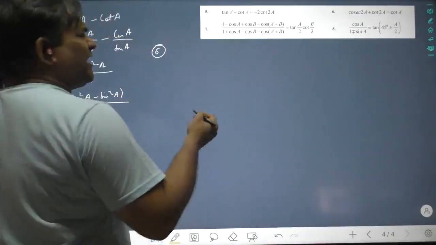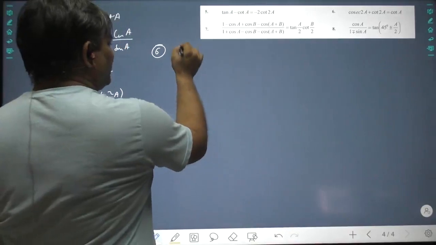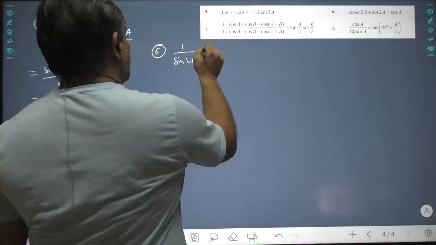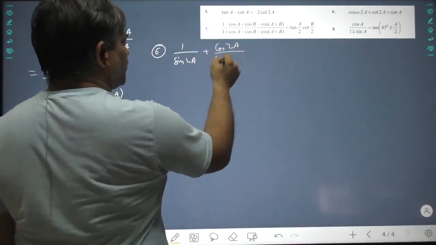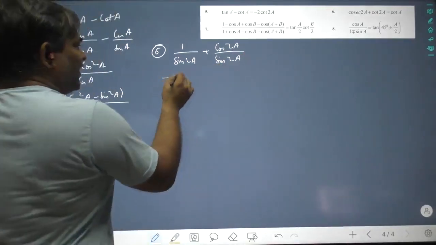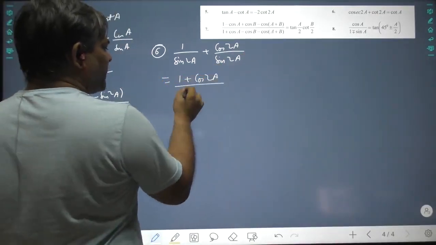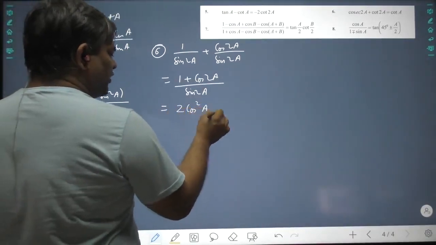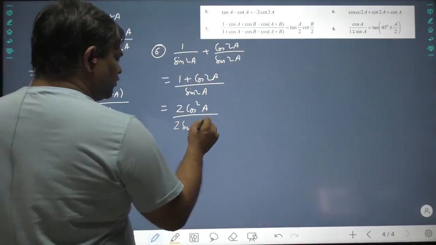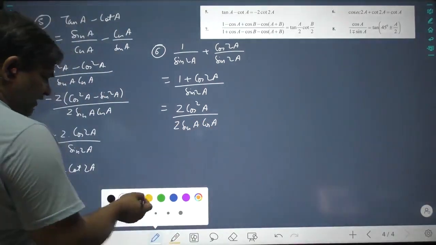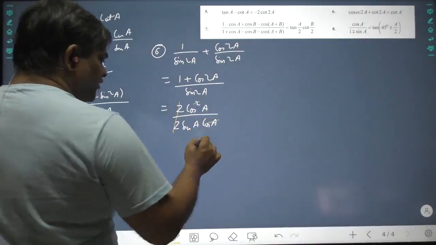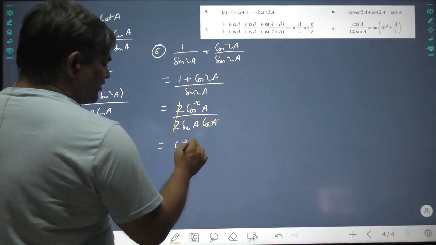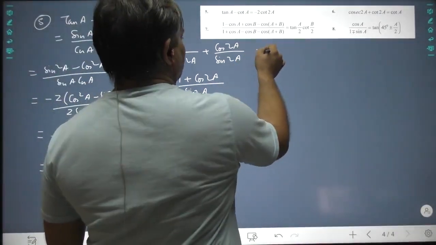Let us do the 6th question. Cosec 2a minus cot 2a, many ways of doing it. Let me do it in one way. I am given cosec 2a, which I can write as 1 upon sin 2a. Cot 2a is cos 2a upon sin 2a. Oh no, I am seeing something. Let us play. 1 minus cos 2a, 2 sin square a, sin 2a is 2 sin a cos a. Let us cancel the common things. 2 gets cancelled, sin gets cancelled, and this comes out to be tan a. Easy.